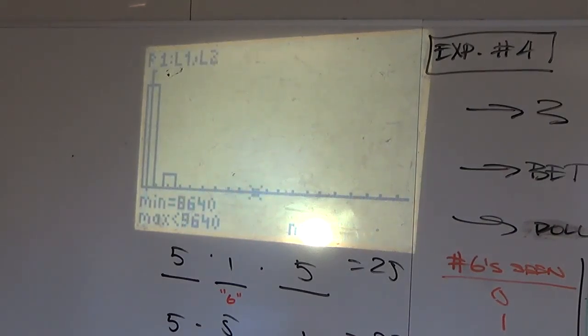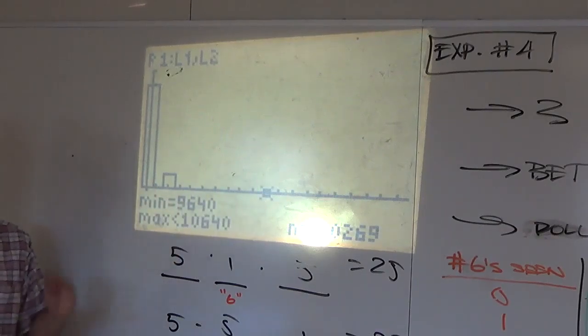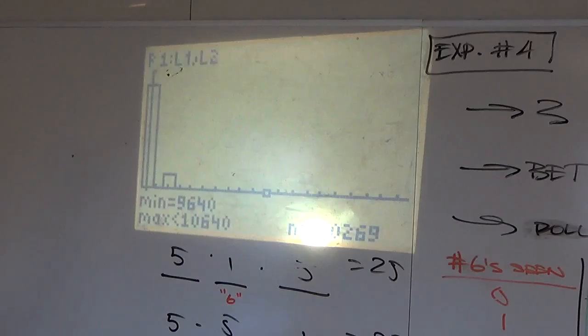And somewhere over here, don't know where. Let's see if I can find it. Watch it. Is that it? No. Yeah, there it is. There is your 0.00269. So small, it's not actually peaking up. Now, this is why I didn't bother having you do a histogram. If you're trying, don't worry about it. It doesn't really tell you anything. It's basically showing you 3 bars, which correspond to the probabilities in that distribution.